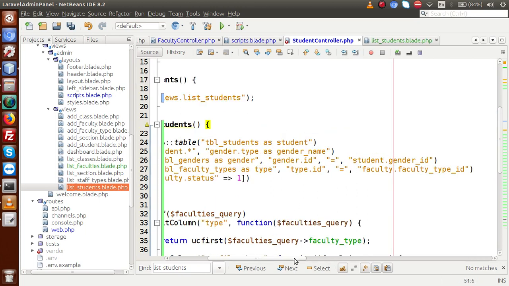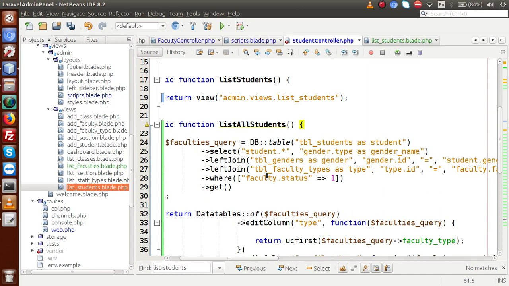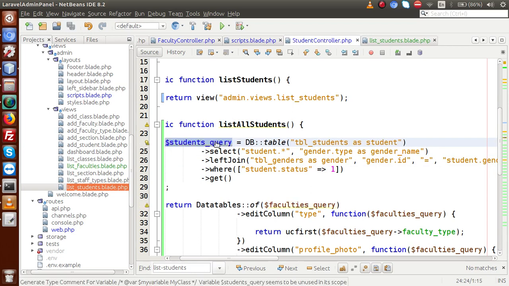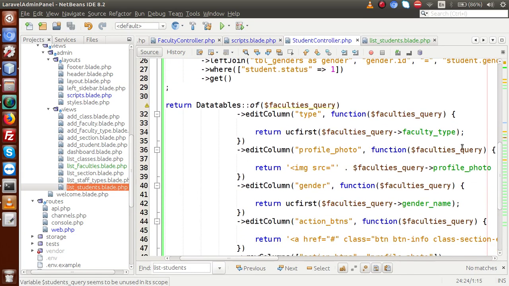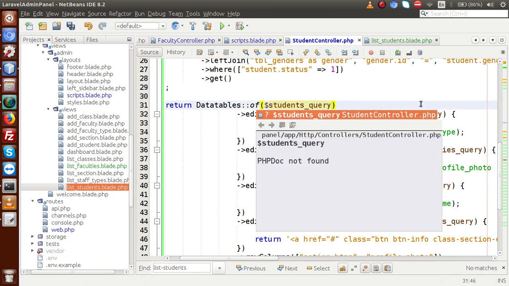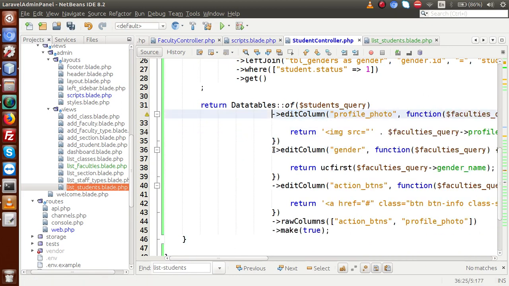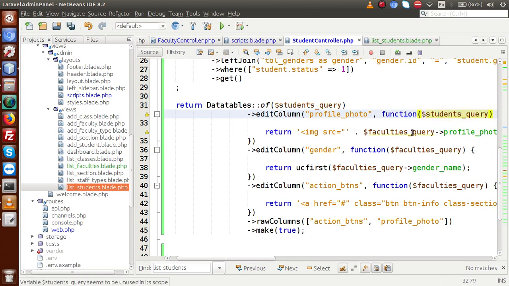So if we scroll here, inside here we have called TBL faculty types. So no need for this faculty types. If I save this file, we also want all the students to be active. So this is the query we have made, and this query should be named, let's say, students query. So copy this variable name, scroll here, and let's say that this is about students query. Inside here we have to remove this column because we don't have the type, we have only the profile photo. So paste it here,